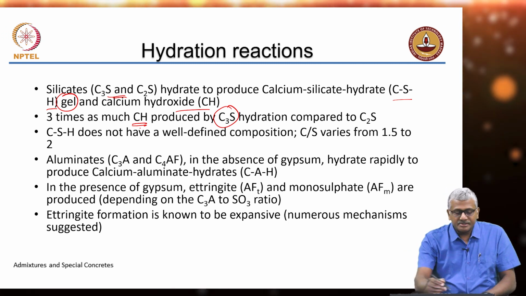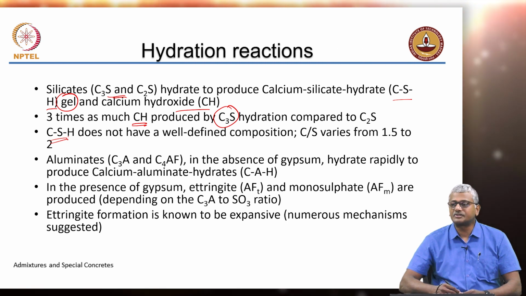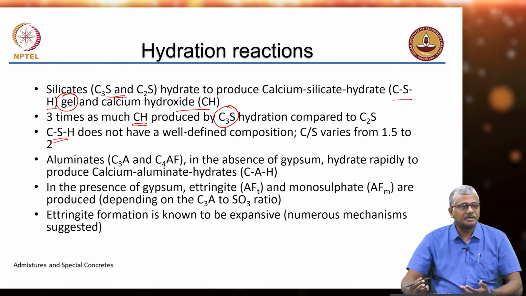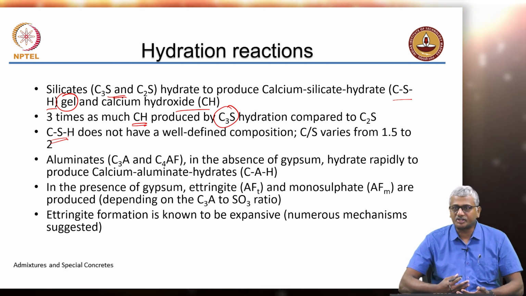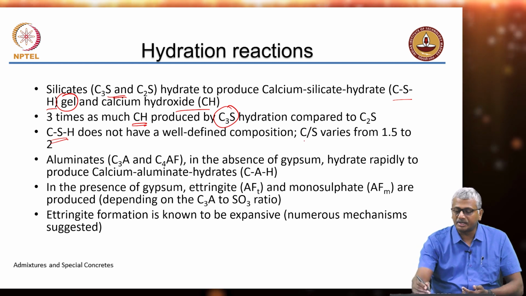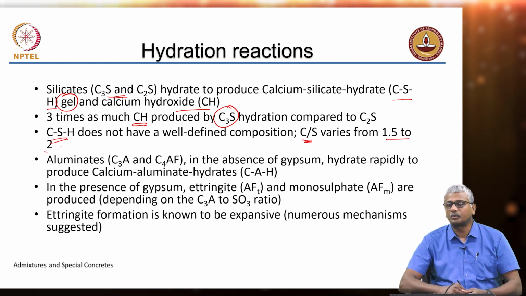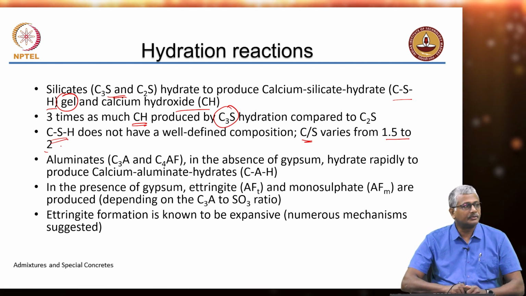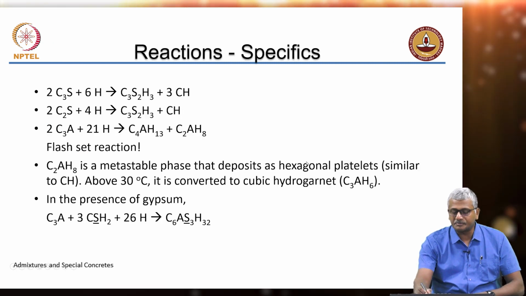Right. CSH again, just like other cement chemistry terms, is also written very loosely as C-S-H. It does not have a very clear cut formulation, but within the structure of CSH, the calcium to silica ratio varies from 1.5 to 2. Okay, that is the typical nature of CSH. The aluminates, in the absence of gypsum,